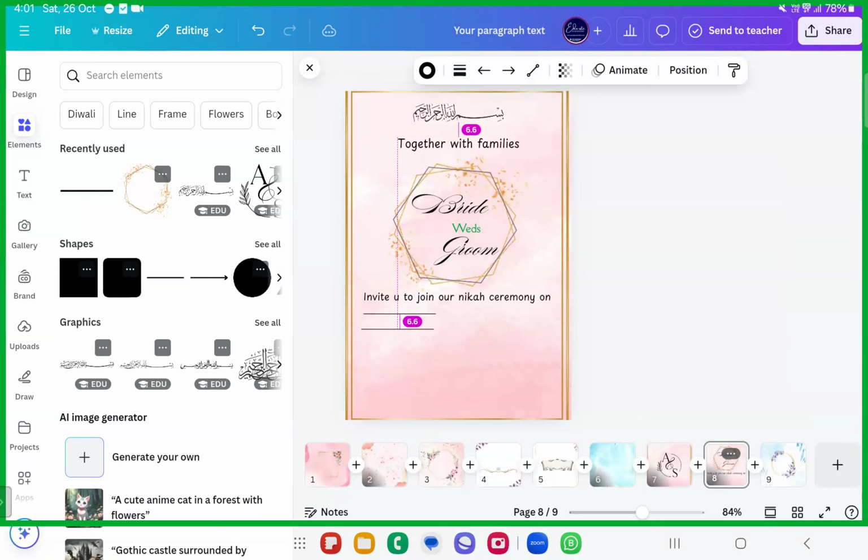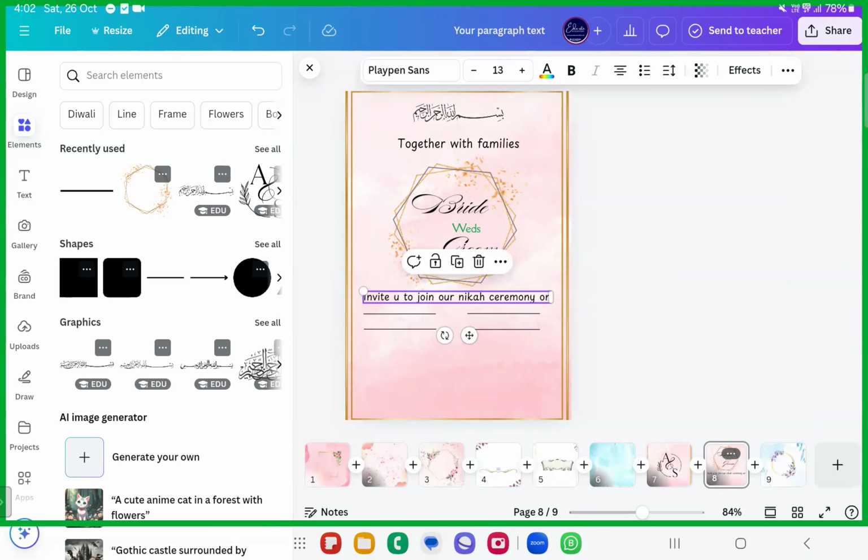I'll place it a bit here, downwards, fine. Duplicate it over. I'll place it somewhere on this side. Again, I'll duplicate it over and I'll place it somewhere exactly here. So this way you can create a beautiful date bar. You can create it horizontally or vertically. This is horizontal. You can create it vertical as well. I'll just add it here.